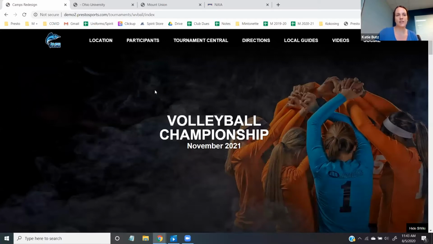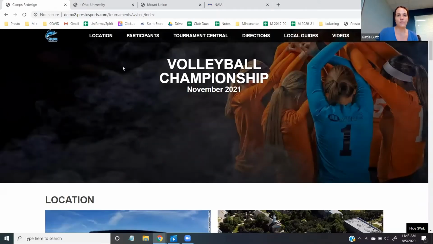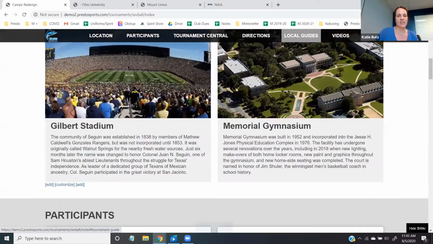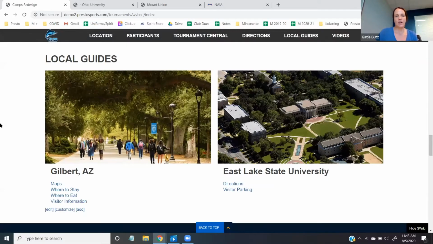A really great thing about this too is, like I said, it's super flexible. So for example, I have this local guides section. Maybe our standard format here is local guides, but you can change this to where to eat. So maybe you've got a lot of sponsors that are restaurants, so you want to really showcase those sponsors. You can change all this text. All of these links are customizable. So really you can be as creative as you want with these, and we can help get that set